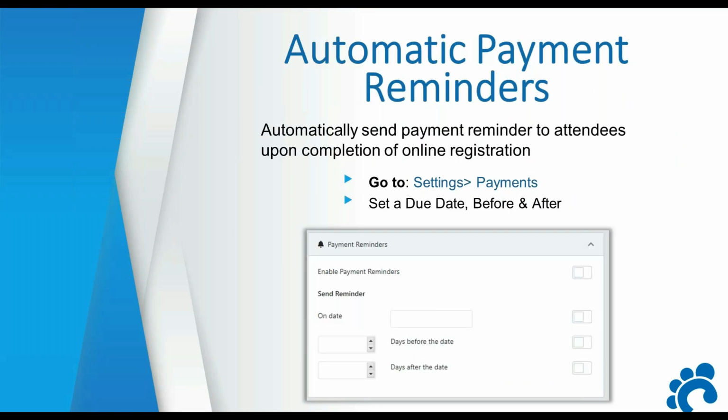We also have automatic payment reminders. This allows you to automatically send payment reminders to attendees upon completion of their online registration. Before, you just had to go see who hasn't paid and send a reminder manually. Now you can set up automatic payment reminders. The way you do that is go to your settings and payments, and then set a due date before and after. Garrett will walk you through this process when we get into